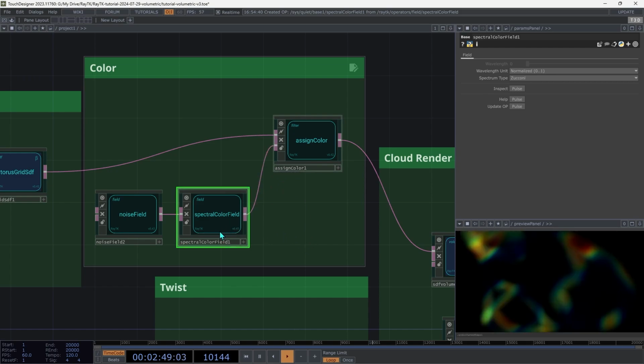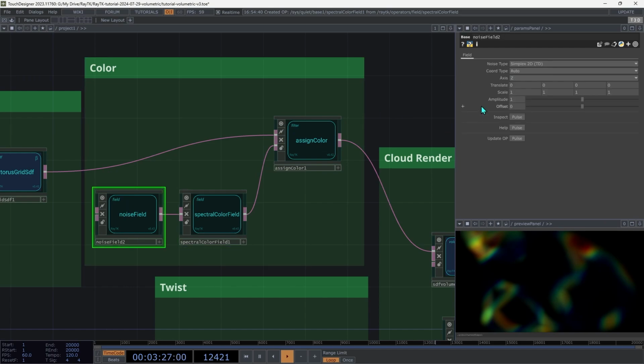Spectral color field uses whatever wavelength value comes from its input and turns that into a color using a few different techniques. By default, it's expecting that to be in the 0 to 1 range, though if you want to go with nanometers, you can do that if you want to be all sciencey, but let's just leave it at normalized 0 to 1. To get the noise field to produce values in that range, let's go over to that,